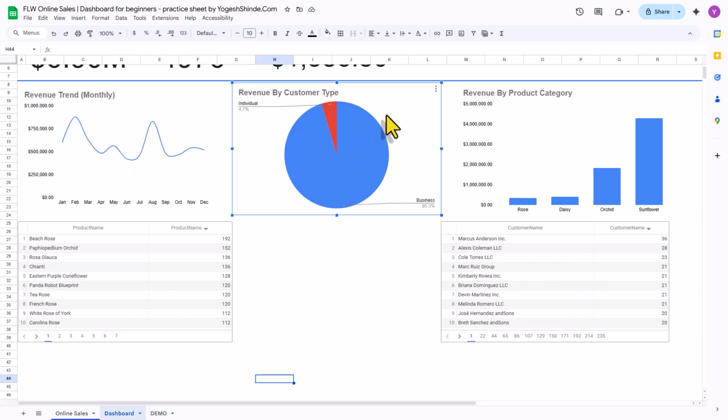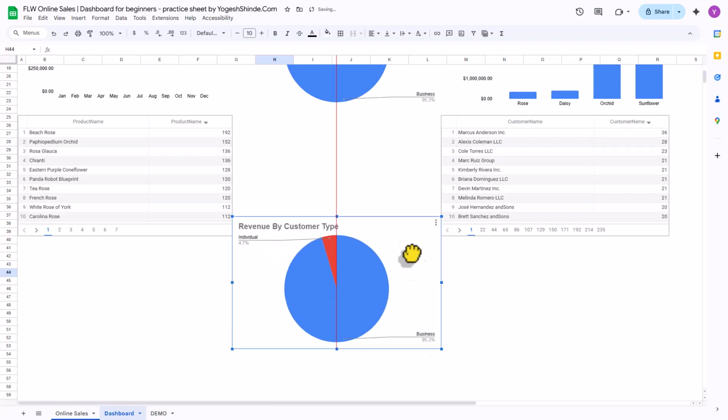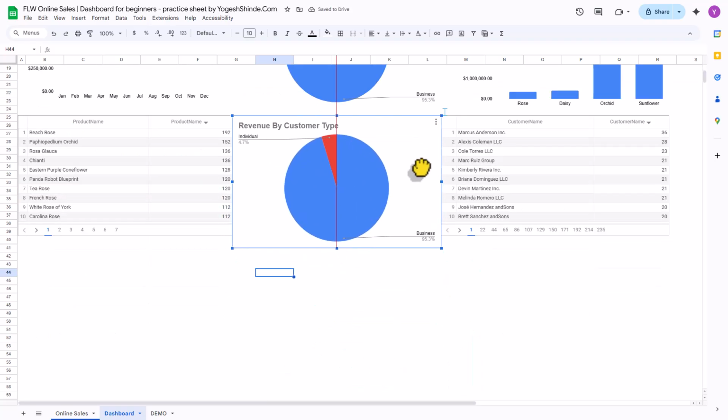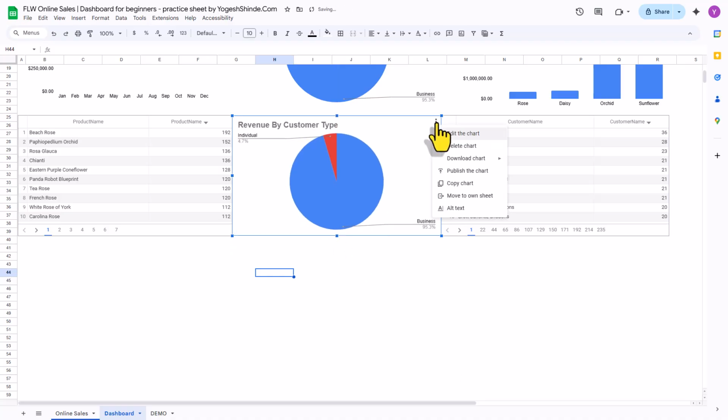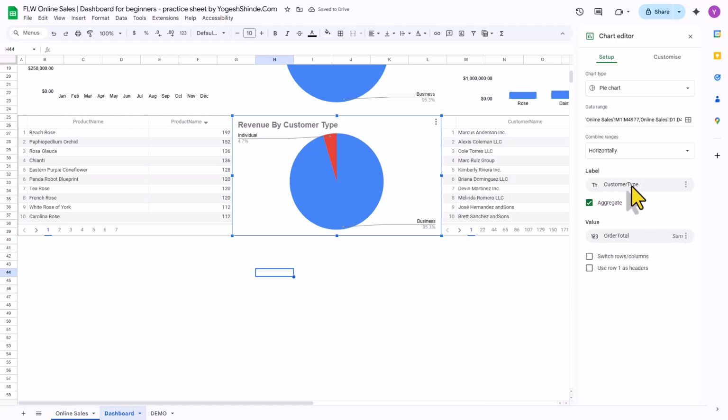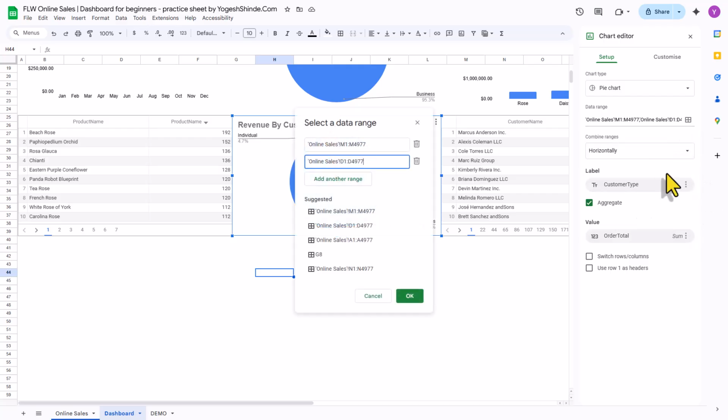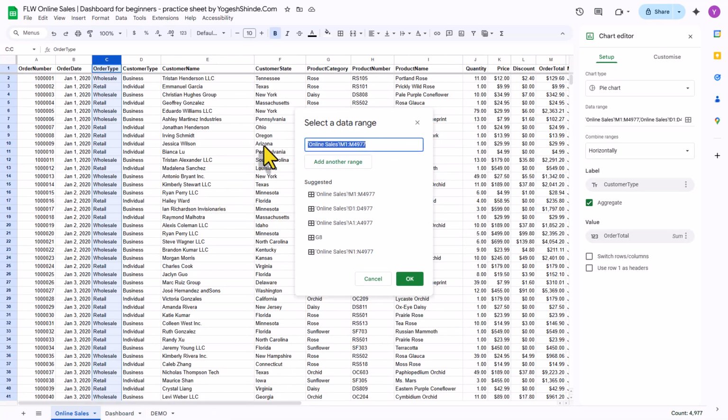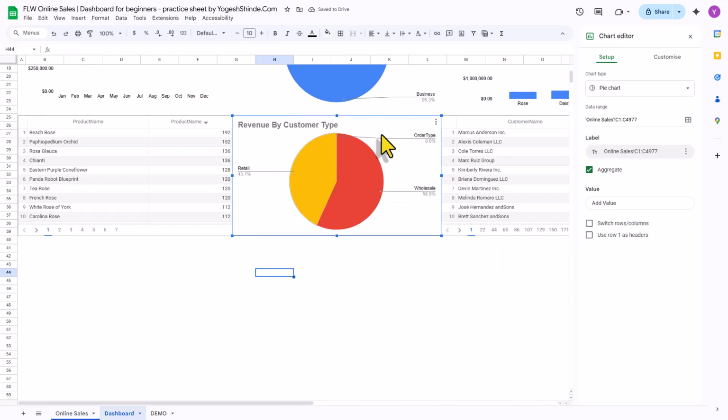of revenue by customer type and paste it, and let's adjust here and let me click on these three dots and edit the chart. Then instead of customer type I want, let me delete this and add order type from C1 to C, then click on OK. So here we have order type